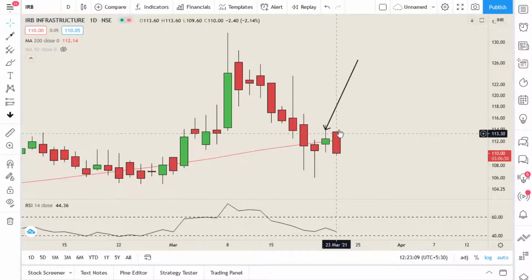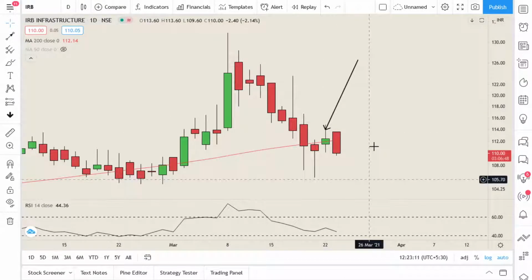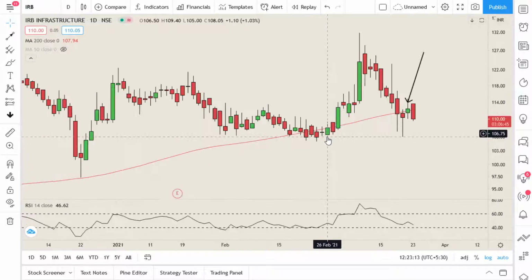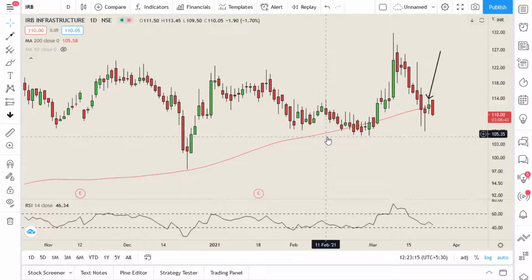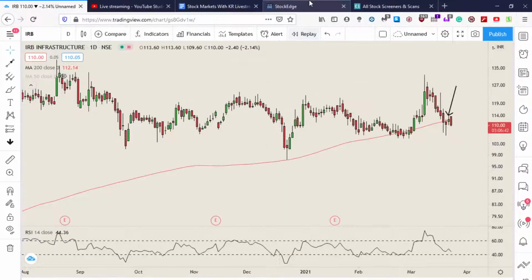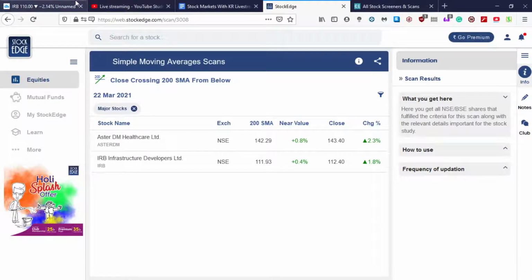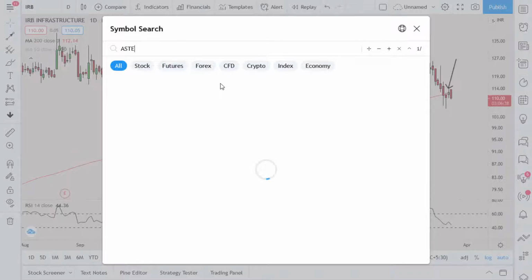पर आज ऊपर जाके नीचे आ गया है, so that this trade is negated. So this is also a good way. Like 200 MA scanner is also pretty good. Aster DM is also here, so we'll look at that also because सिर्फ दो stocks है और ये live market